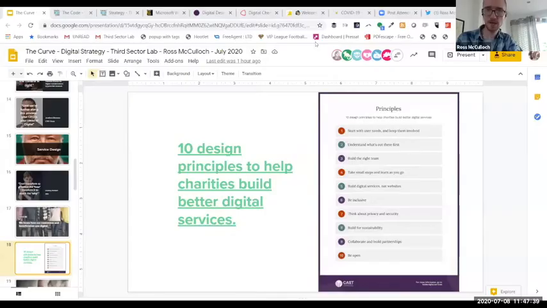So the next tool that I'm going to just talk about, the next kind of principles and framework, is CAST's 10 digital design principles around building better digital services. So there's a link to that at the very start of the slides. When you go through the CAST website and you click each of these, it expands, and you can look at some more areas. But when you're thinking about in your team, what does a digital service look like? These are basically the 10 areas that you need to be thinking about. So starting with user needs, keeping people involved, understand what's out there first. So we've already spoken about that.